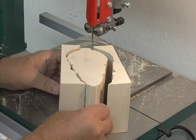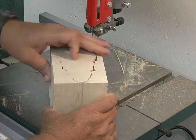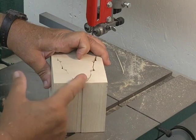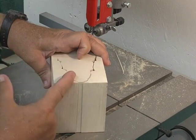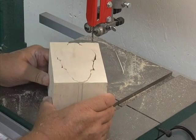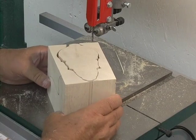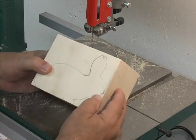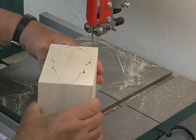The reason for this is whether you're doing furniture or wood carving blanks, the rule is to cut to the line but not through it. Remember, to it but not through it, and that'll give you greater accuracy and integrity for the carving blank that you're cutting out. Now I'm ready to do my side view cut, and I have the 3 pieces joined together,